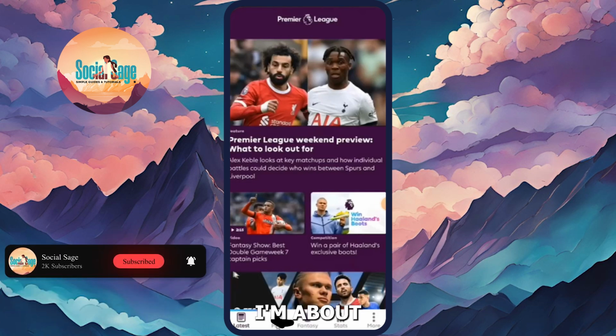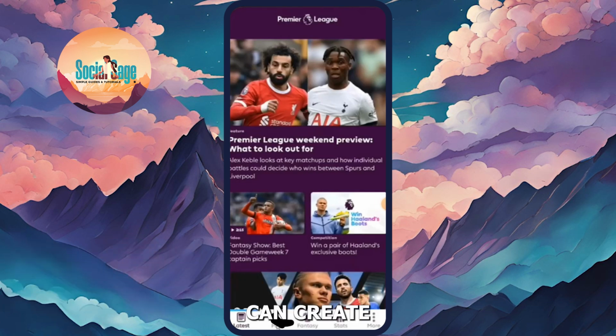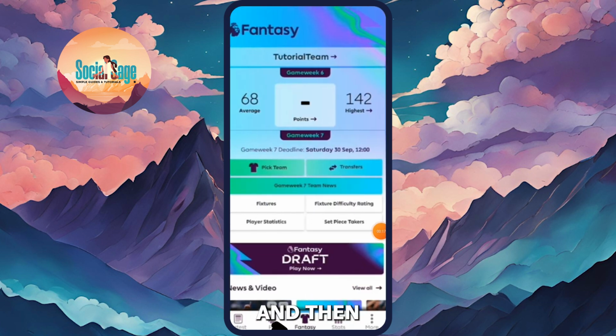In this video I'm about to show you guys how you can create a team on Fantasy Premier League app. So once you're on Fantasy Premier League app, what you need to do is you need to just simply hit on Fantasy in the middle of the screen, the middle bottom, and then you'd be redirected to this page over